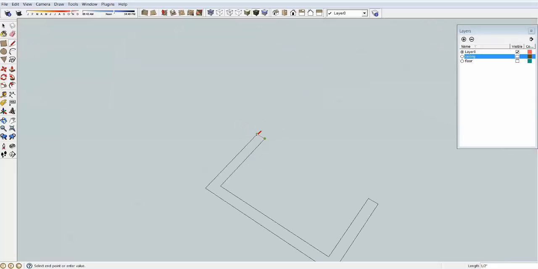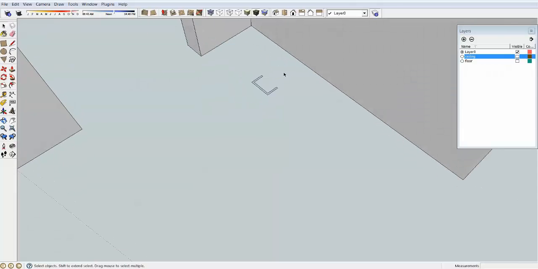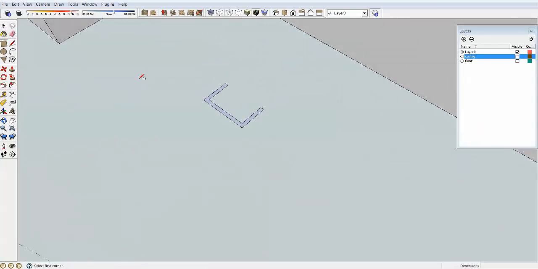And I will close the shape right here. So I just created the profile. Of course, there was another way of doing that. As always with SketchUp, I could have just taken the rectangle tool and made it